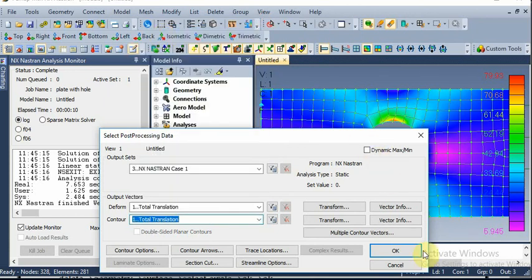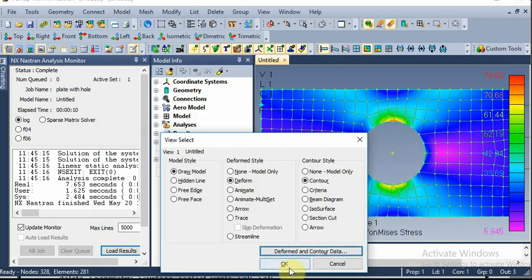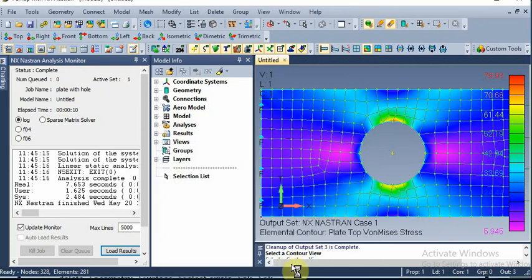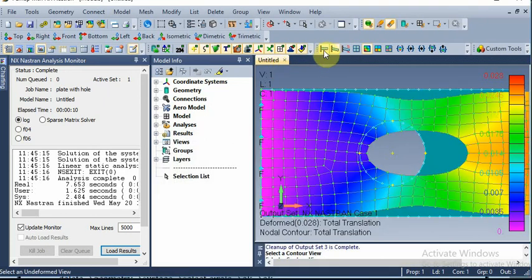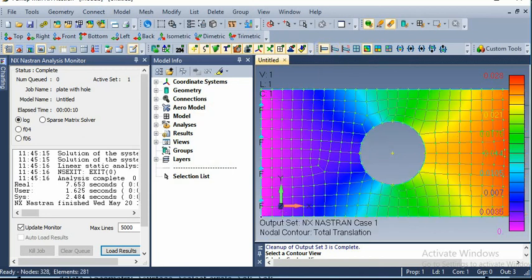Now click OK. So go to deformed shape and deform one. So whatever the total translation, that indicates here that is 0.028 millimeter. So this is the